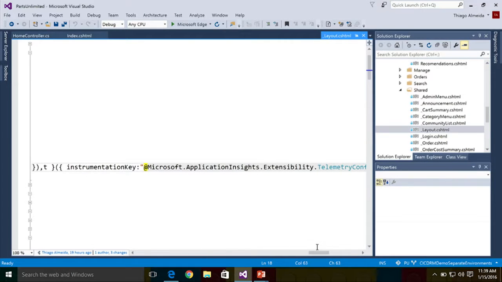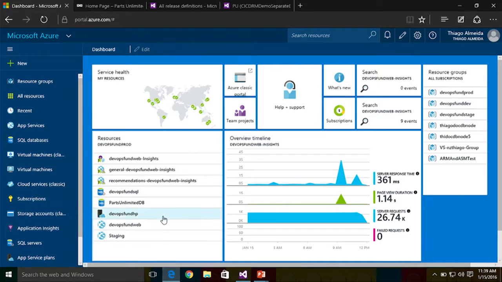And you can see here, I'm getting the instrumentation key from a configuration file. So instead of having it hard-coded on the site, it's actually picking it up from an environment variable that I'm setting as well. So on the Azure side, if we have a look here on our production app solution for Parts Unlimited, I have that Application Insights